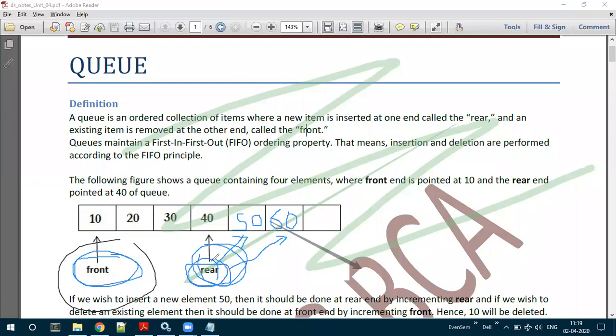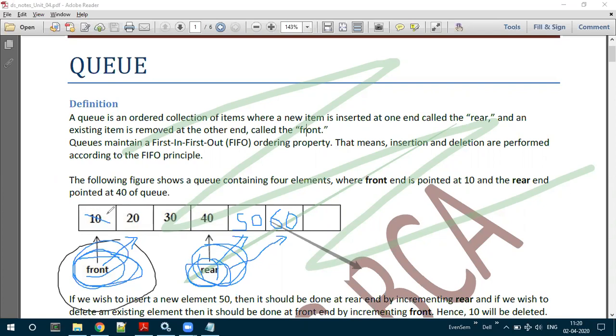Now suppose I want to delete an existing element. The deletion has to be done from which particular end? It has to be done from the front end. So what has to be done? Take out the element which is being pointed to by the front and increment the front to point to the next element.